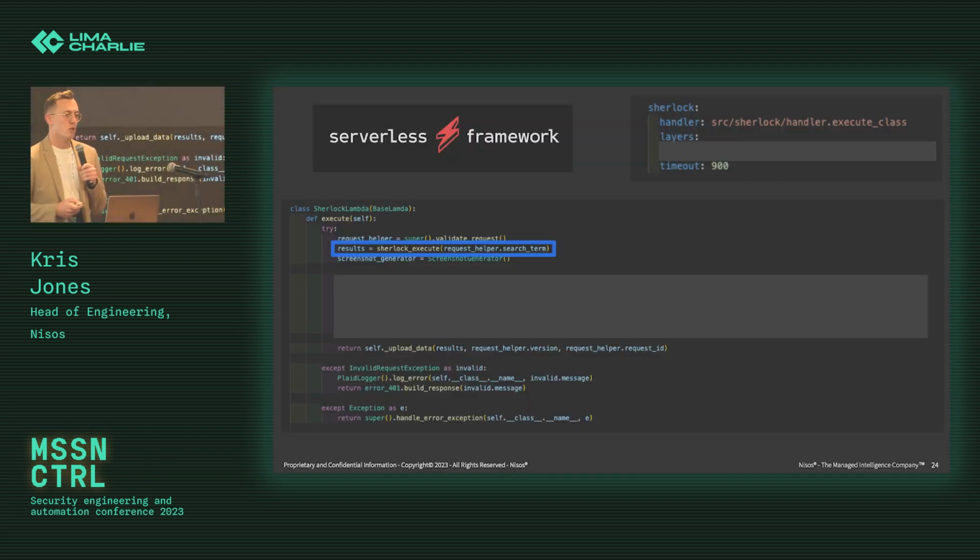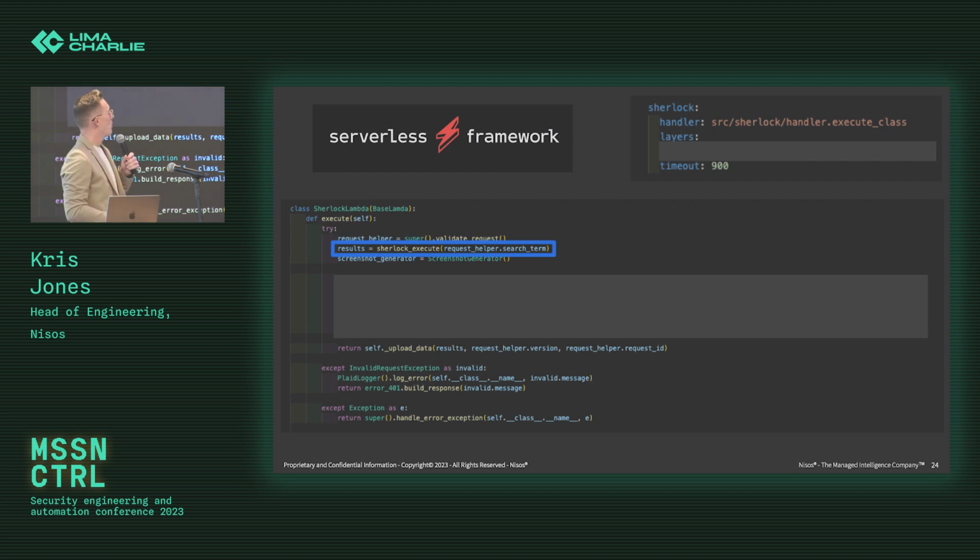If anyone hasn't come across it before, we built our project on top of the serverless framework. Has anyone heard of or used the serverless framework before? Awesome. So I'm a massive fan of it. It really speeds up your time to development. It speeds up your local development with serverless, and I think it has a really nice onboarding ramp as well from an engineering development experience perspective.